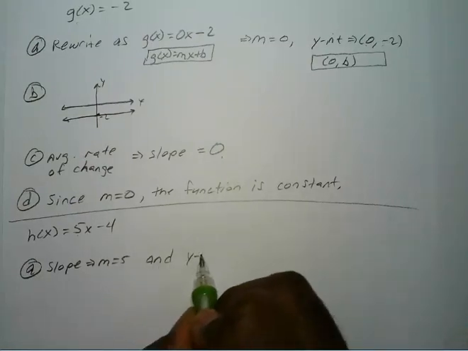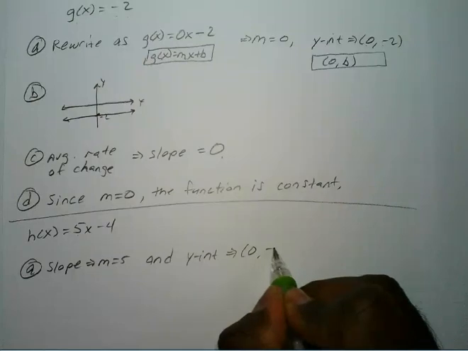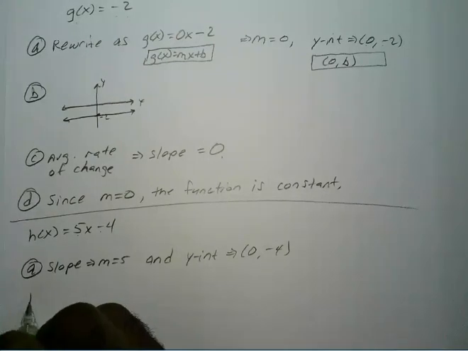And the y-intercept is (0, -4), which is your b. So if we wanted to graph this for b,